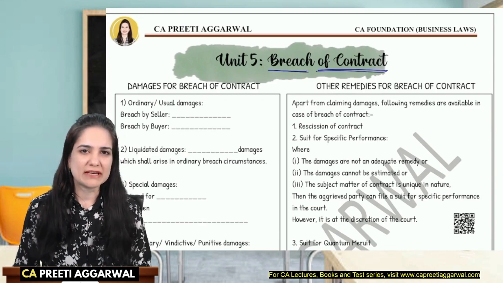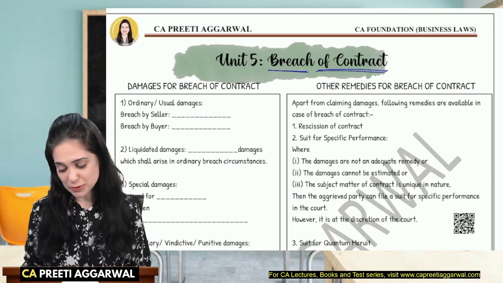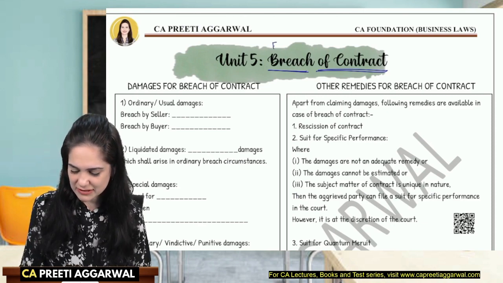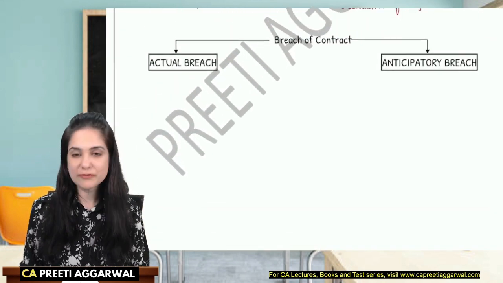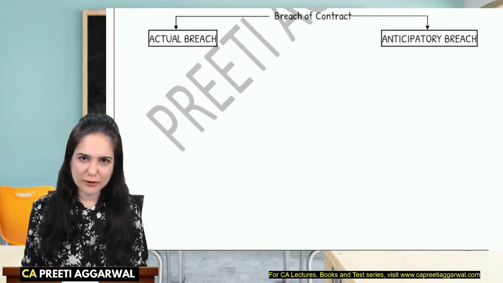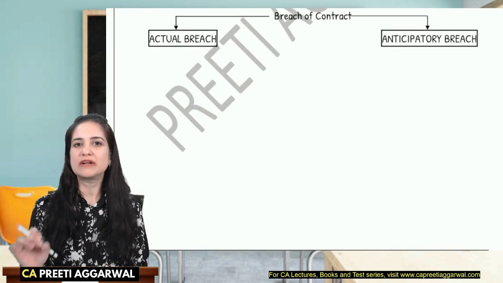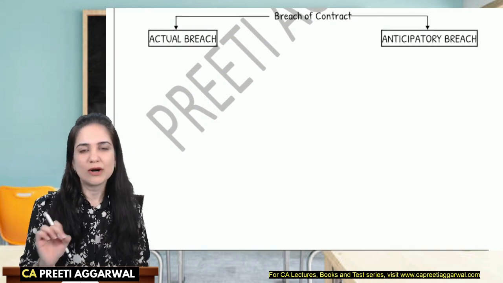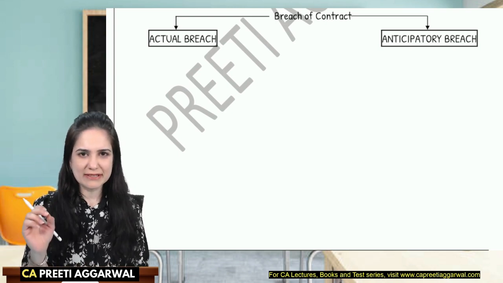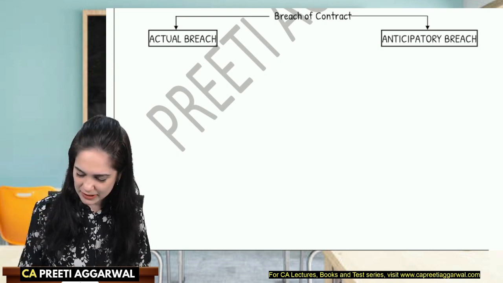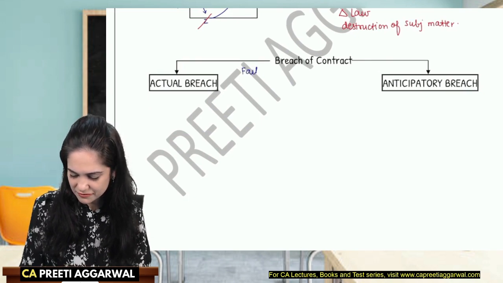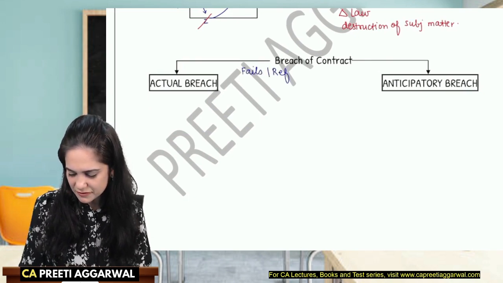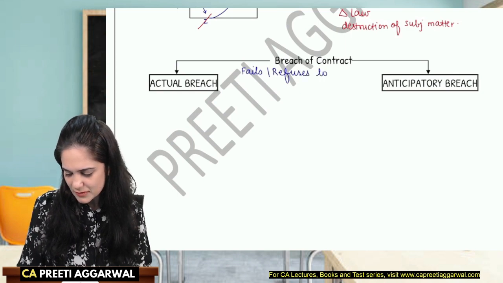Breach of contract. Yes, what is the meaning of breach? Breach means when one party either fails or refuses to perform his promise. Okay, he fails or refuses. There is space over here, so I'm going to write a small chart for you, and in that chart we will cover the entire concept of breach of contract. Okay, so let me write the chart here. You can pause the video later and copy it. So breach of contract means that when the party fails or refuses to perform